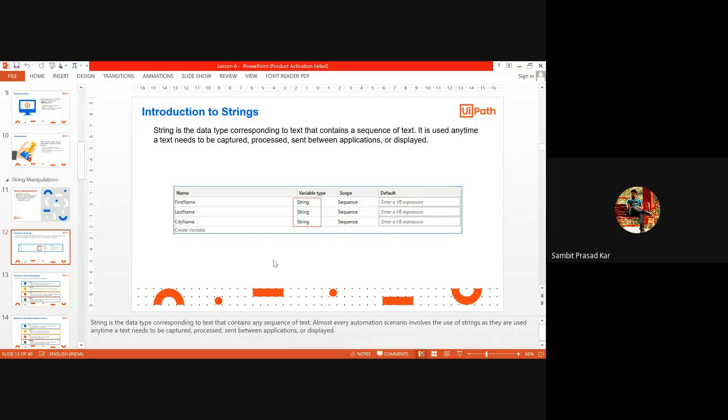So string is the data type that corresponds to text and contains a sequence of text. It is used all the time: first name, last name, city name. String is a widely used data type. If you are saying that the doctor is good, it's a string type.